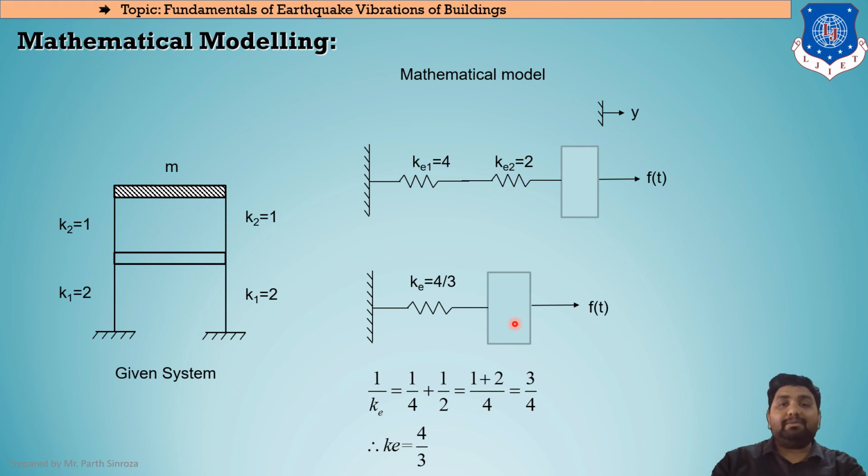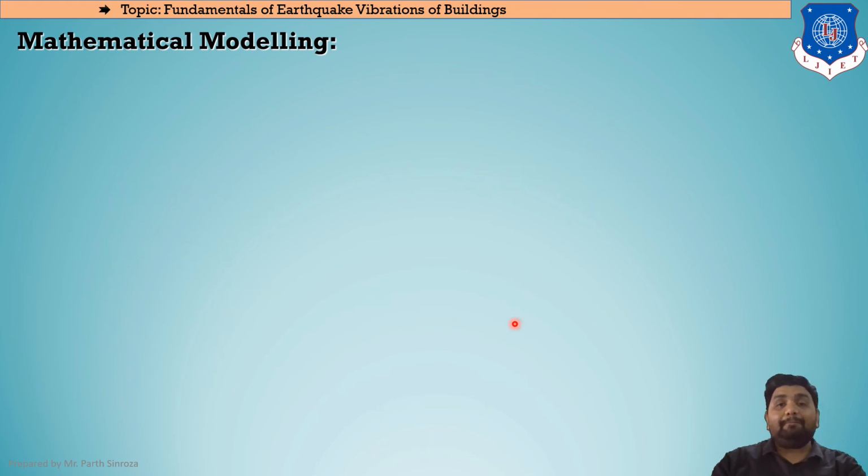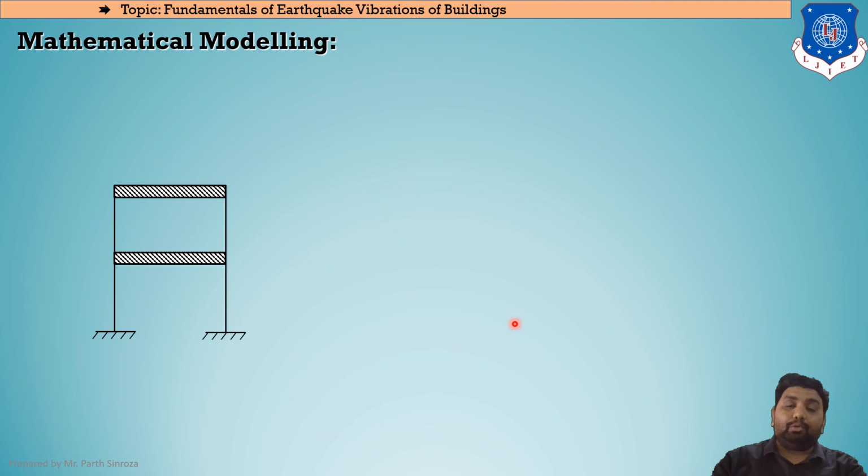Now moving across, we will be seeing our third case, the mathematical modeling of a portal frame, but the mass now will be divided into both the stories. That is, mass will be divided in this M1 portion and the M2 portion too. So again the cases will be the same. Let us assume this mass to be M1 and this mass to be M2. In the previous scenario, this M2 was not present. Clear? So what will be the changes we'll be looking at.